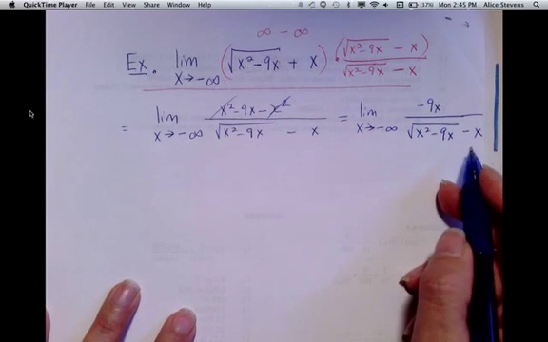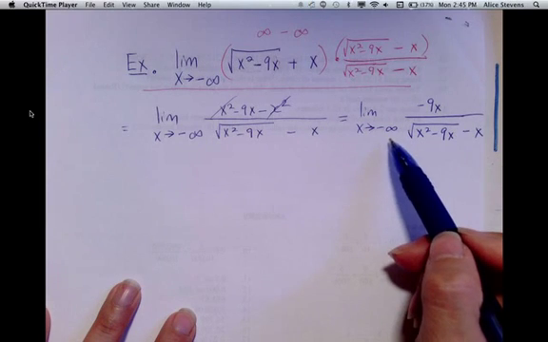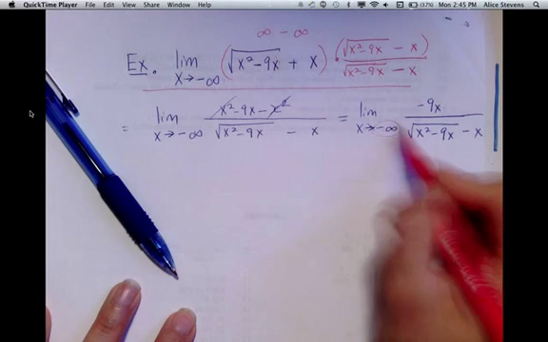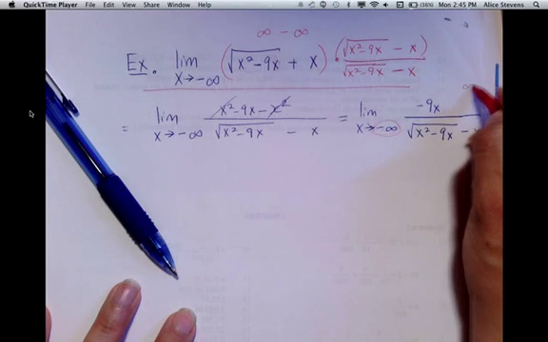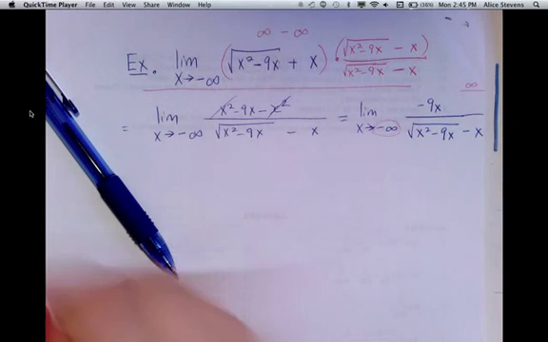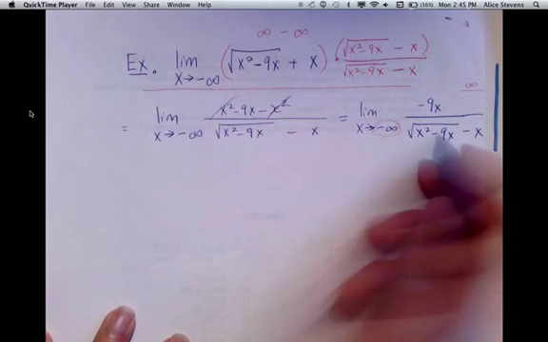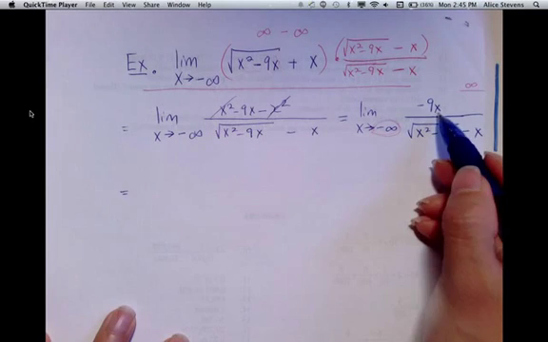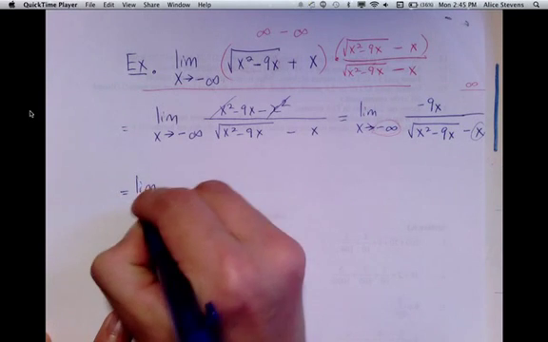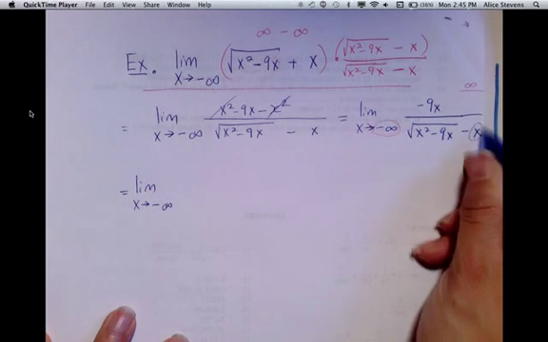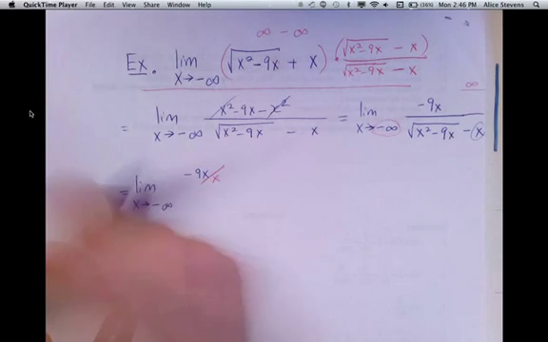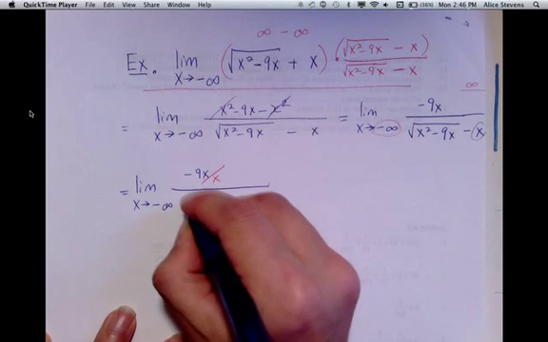Okay, so in this case, if I try to plug in very large values, I end up with what looks like infinity over infinity plus infinity. So that's not really getting me anywhere. And I'm going to divide the numerator and denominator by the largest power of x. So I get negative 9x divided by x over